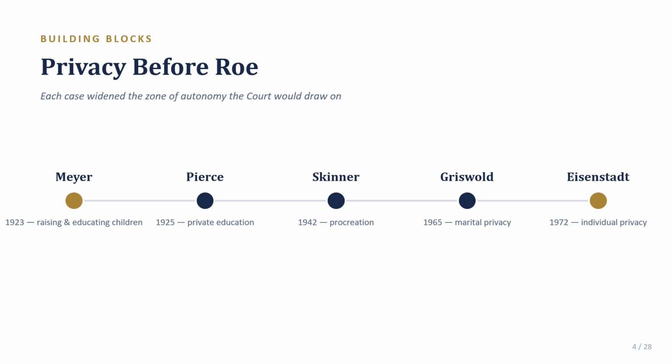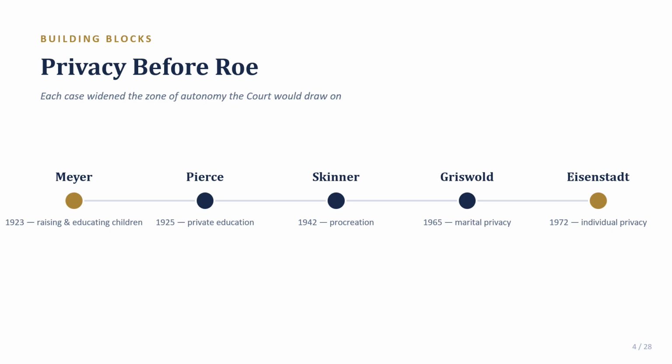Now, fourth up, we have Griswold versus Connecticut, from 1965. This is the case that most con law students already know at least a little something about. Connecticut banned the use of contraceptives, even by married couples, and the court struck the law down, finding a right to marital privacy, famously locating it in the penumbras and the emanations of several Bill of Rights guarantees, working together to create zones of privacy the government couldn't invade.